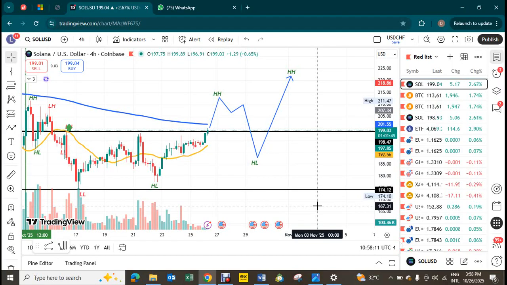We know before that my strategy is always the 4 hours time frame, okay, to check what the market is doing, or the trend of the market, or what the market wants to do. I use the 4 hours and the 1 hour for entry, right? The 4 hours, of course, takes a while, yes, but